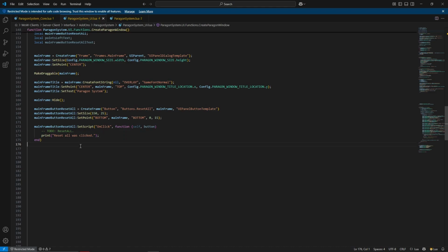The two last things we want to do now is make the button, so the mainframe button reset all, the text for it, the reset all text on it, we want to connect that to the button. So let's get that done, and then the points left. So here we want to just write mainframe button reset all text at the end of all, and then set it equals to mainframe button reset all, colon, create font string,